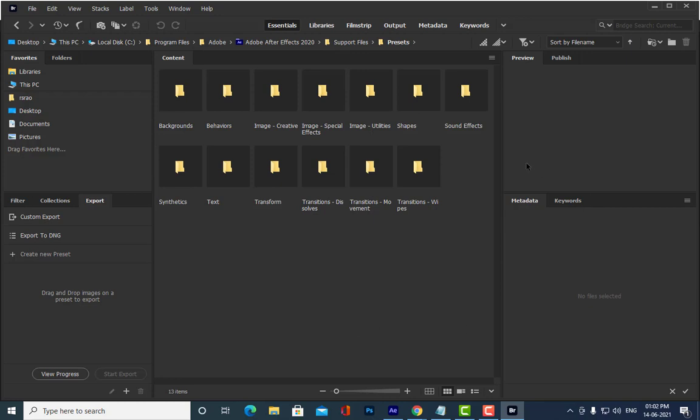This Bridge window appears, and inside it there are so many categories: background, behaviors, creative, etc. But we are interested only in the text, because we are looking at text animations. So we'll double click on this text folder. Able to understand, everyone?